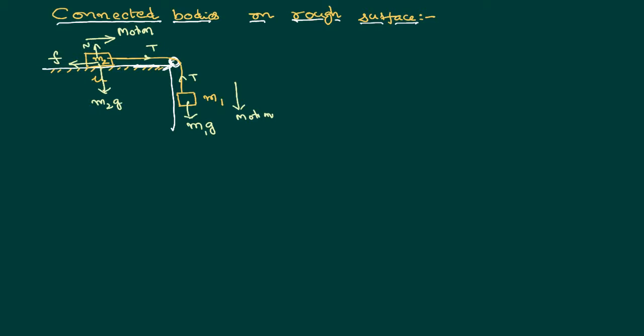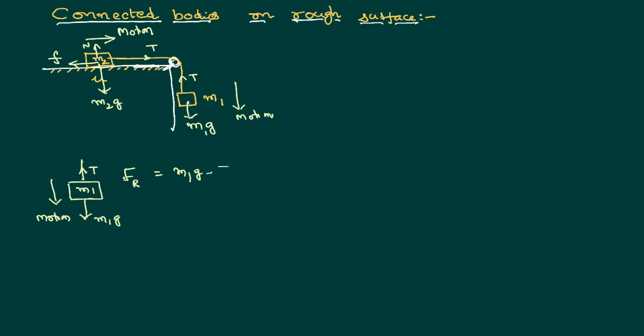We can write equations of motion for each body by drawing a free body diagram. Let us imagine the first body, m1. Let us identify all the forces acting on m1: m1g in the downward direction, tension in the upward direction. The system is moving in the downward direction, so we can write the resultant force of m1 as